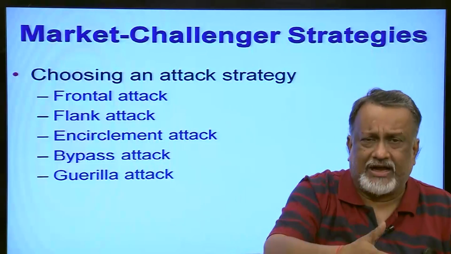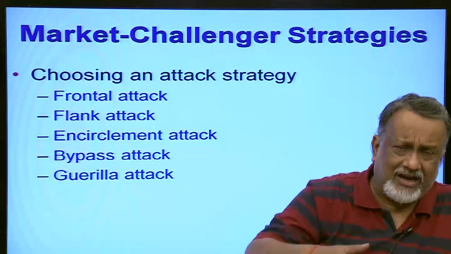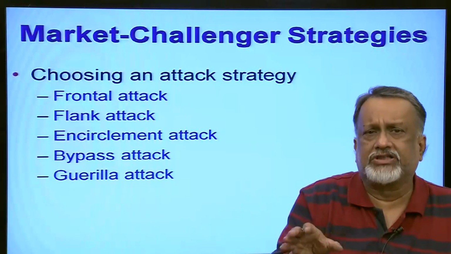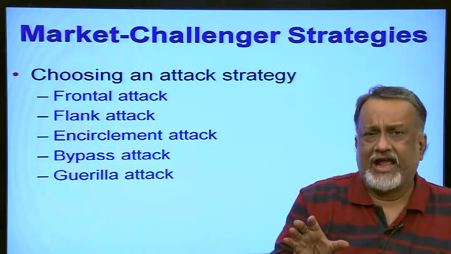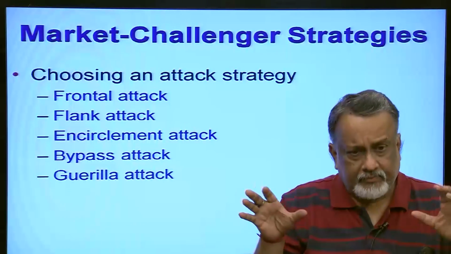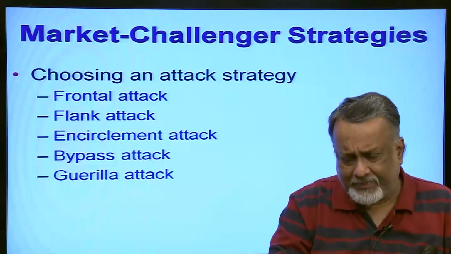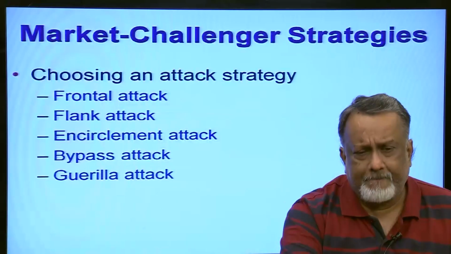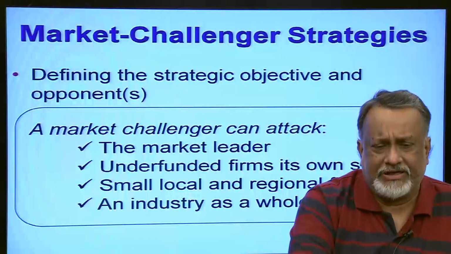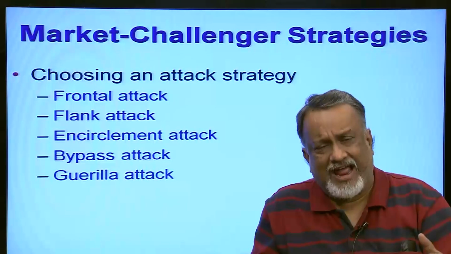So, when they come into the Indian market as a new entrant, when it is a geographical penetration, often frontal attack will be used, because P&G will like to say we are better, or at least we are as good as Unilever. So, there will be a frontal attack, but this is normally rare, because as we discussed, normally the market challengers are small and medium sized local companies, and they will usually use either flanking attack, that